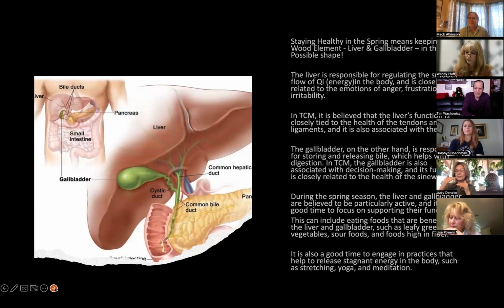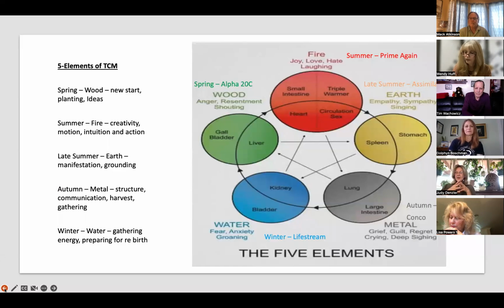But Mac, if we could flip back just for a second, I want to point out something here. Absolutely. Back on my wheel. Okay, so I found this interesting because as you notice on the wheel, it goes a direction, keeps spinning. But you notice some things have an influence on others. And if we look back to the metal element, which was the end of the fall, the emotion was grief. So if we didn't address our grief in that season,